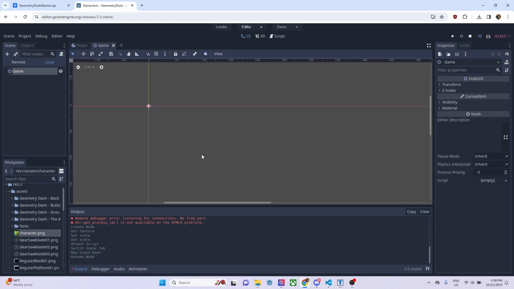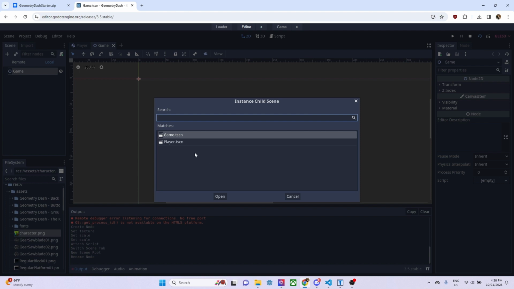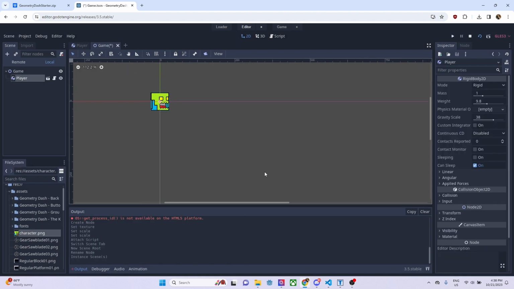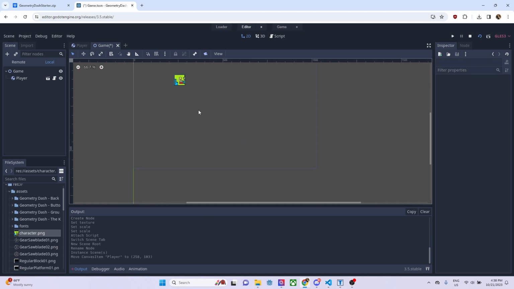Now going back here, let's add the player by instancing it. So click up here, instance child scene, player.tscn. Now we can drag this player to the middle to see. But obviously it'll just fall through the floor. So what we want to do is